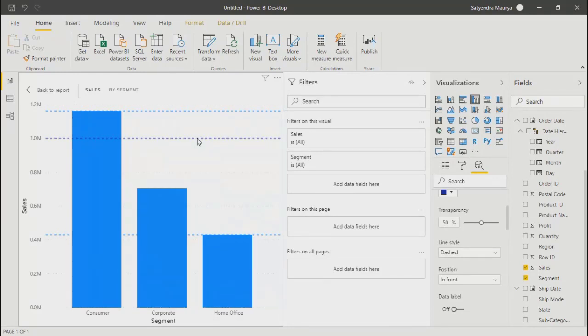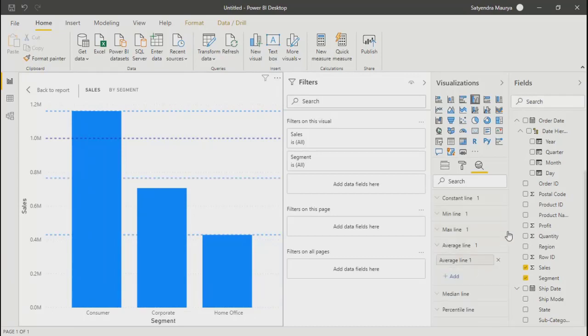So this is a simple bar chart, but because we are using the lines over here, we call it a control chart. Generally in quality processes, this chart is used. After minimum and maximum, if you go to the average line, it will simply show you the average data. So that is this, right? You can change the formatting for it.